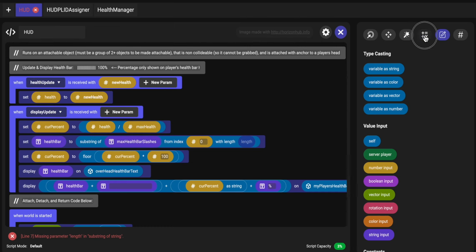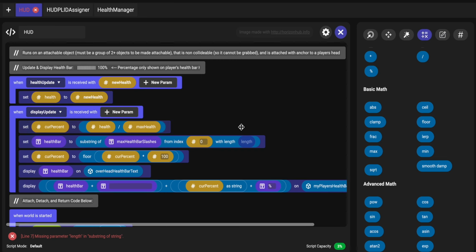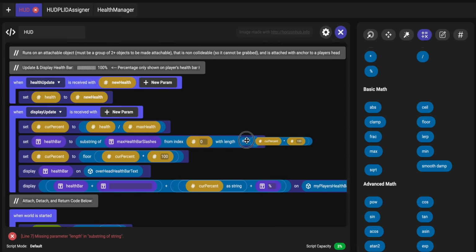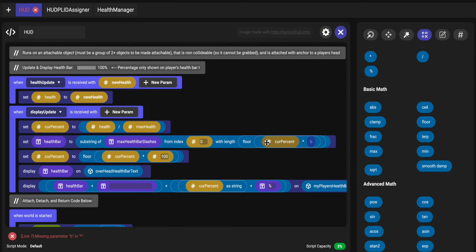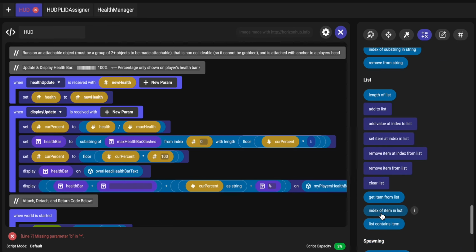And we're going to grab another floor value. In fact, I think we can just duplicate this line into the length value. And then instead of multiplying by 100, what we're doing here is we got a value between 0 and 1. So imagine it is at 1 to start. 1 multiplied by the length of max health bar slashes will return the correct length that we want the string